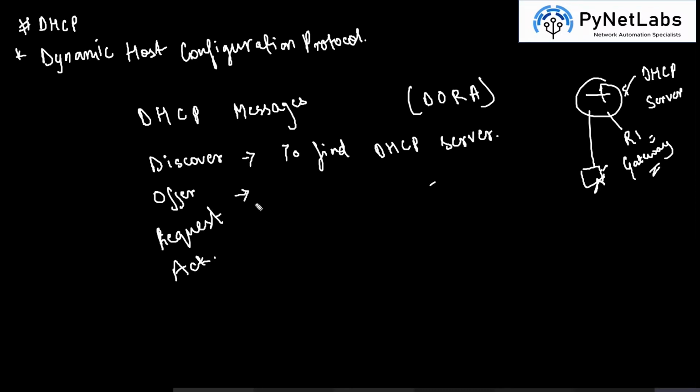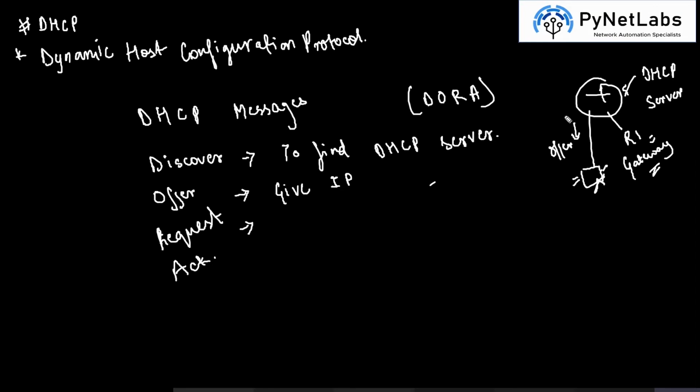Then once we are aware about the DHCP server, then the server offers us IP. It gives us IP. It will now send offer message. It will offer a IP address to this PC. Then we have request. Then this PC will accept the IP. He will say that router offers, let's say the router offered an IP address